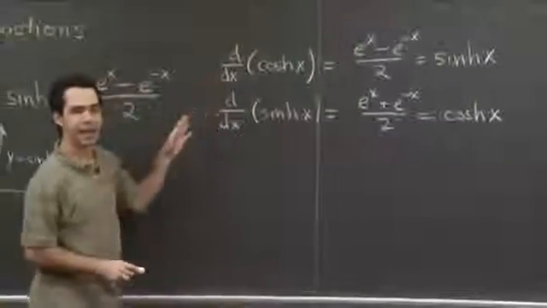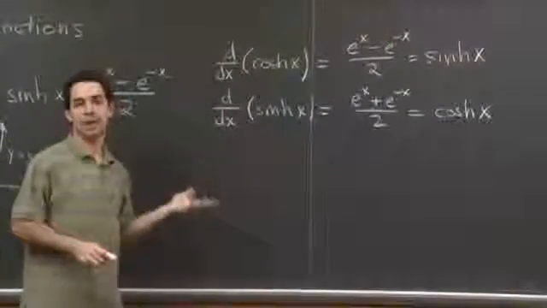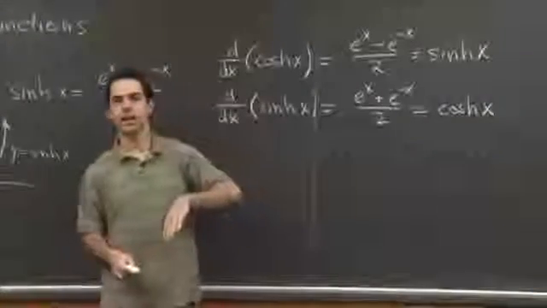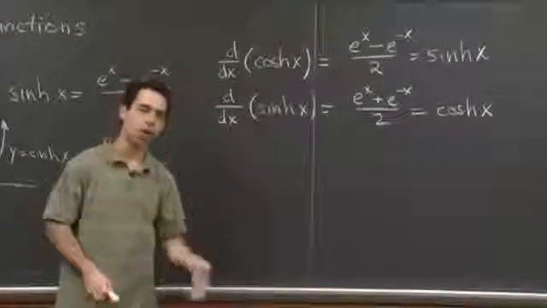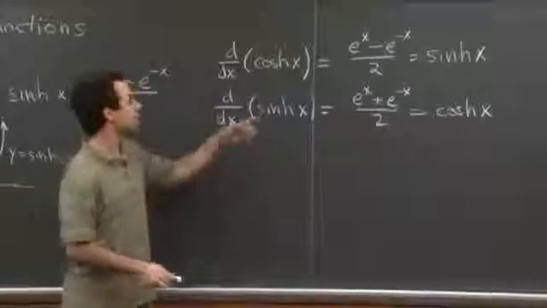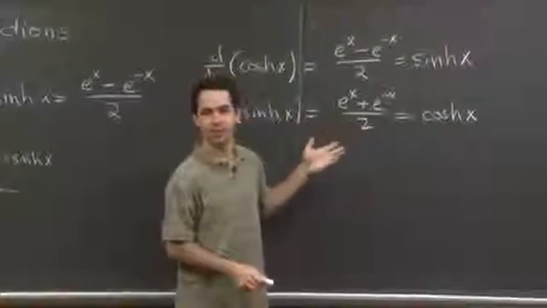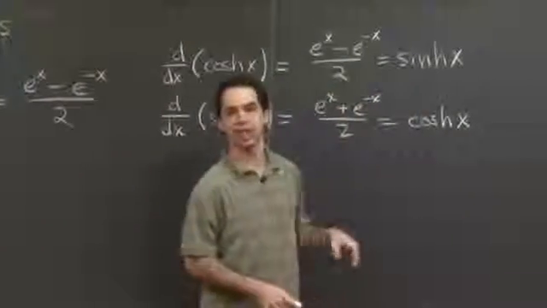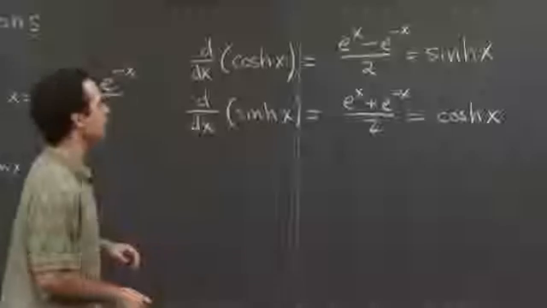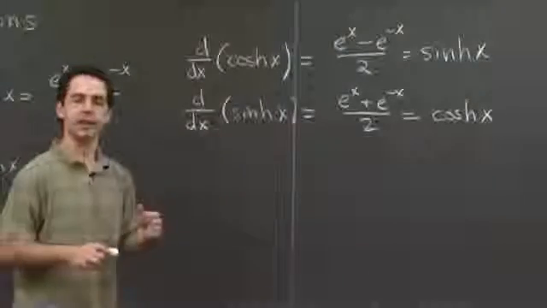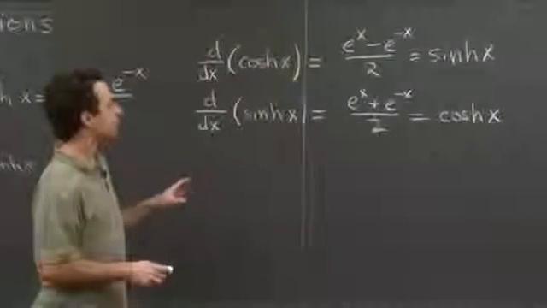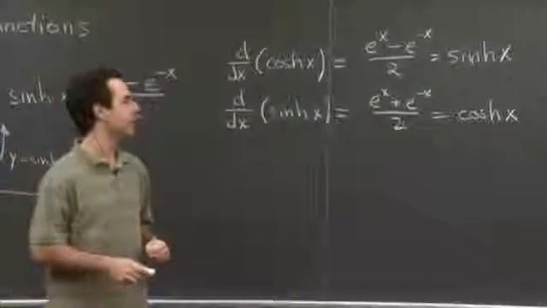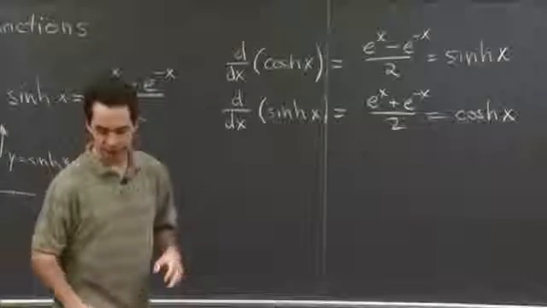So here you have some behavior that's a little bit reminiscent of the behavior of trig functions, right? For trig functions, if you take the derivative of sine, you get cosine. And if you take the derivative of cosine, you almost get back sine, but you get minus sine. So here, you don't have that extra negative sign floating around. When you take the derivative of cosh, you get sinh on the nose, no minus sign needed. So that's interesting. But the real reason that these have the word trig in their name is actually a little